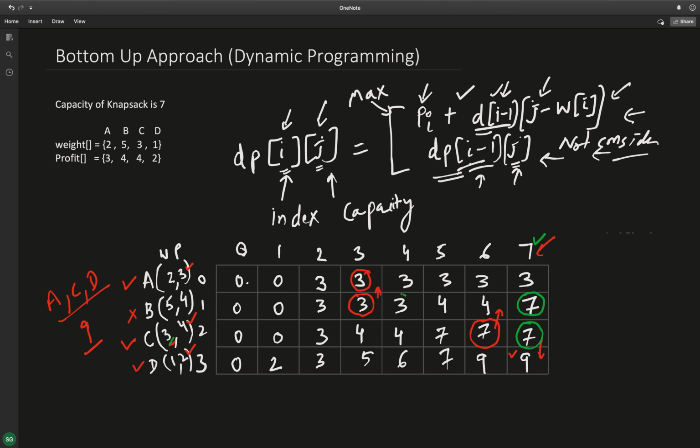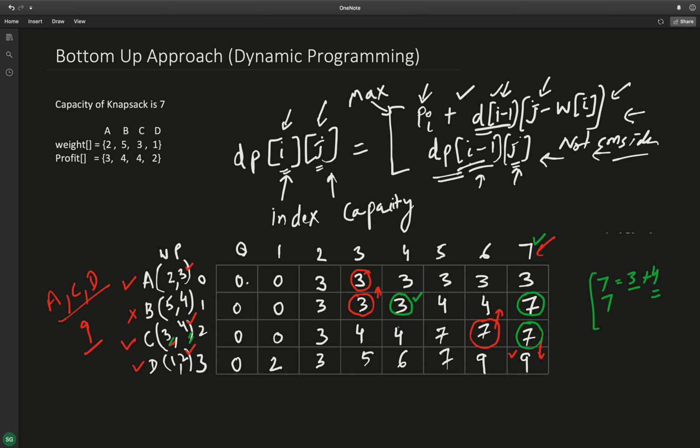So we are taking the maximum of this value, that is 7, and this value, that is 3 plus 4, 7 again. So 3 is this value and 4 came from here. The maximum of these two is again 7. So to fill this value we have consulted these two.